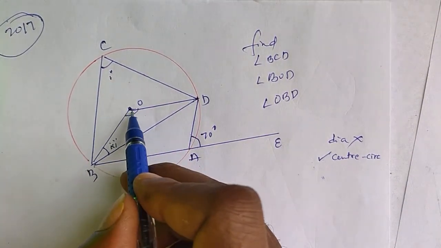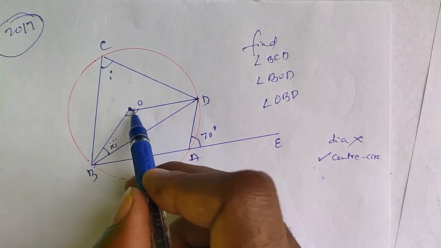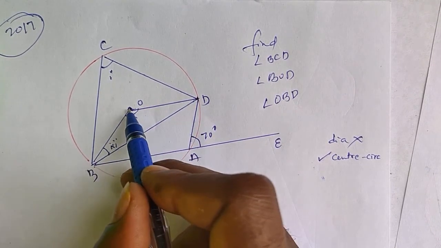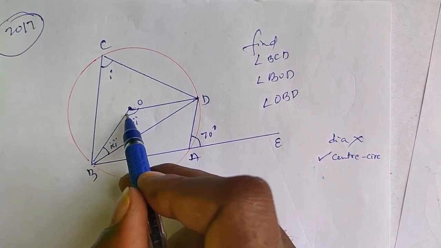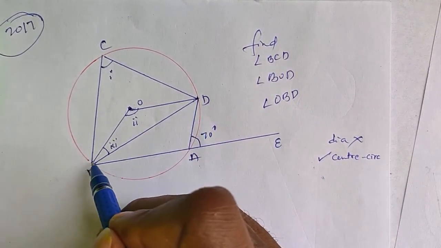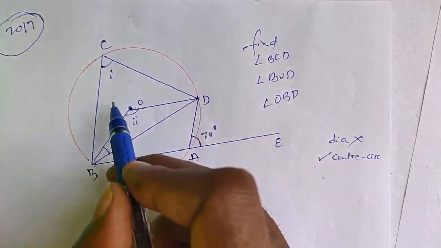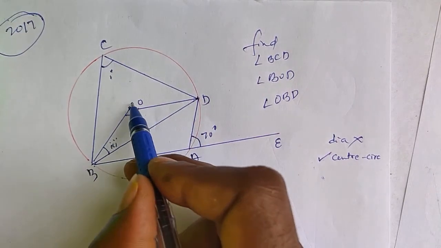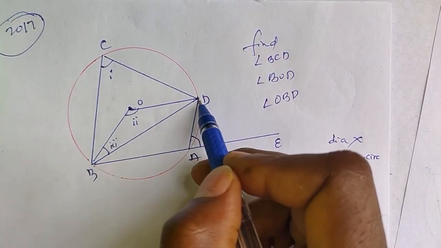The reason is, look at the angle at the center. This O angle is constructed from which two ends? Check it. O angle is constructed from B end and D end, because from O two lines extend, OB and OD. That means for O angle, B and D are responsible. Even C angle is also constructed from B and D only. Look at CB, CD, OB, OD. So O angle and C angle both are constructed from B and D ends.